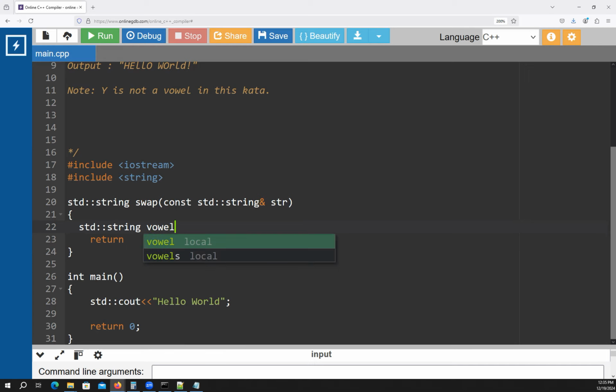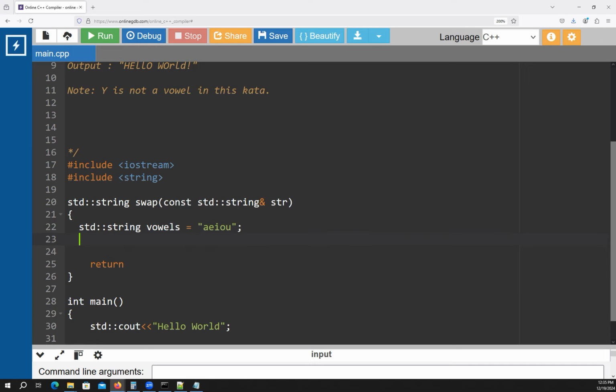So I'll do my A, E, I, O, U, no Y's. If a letter's already capitalized, I'm not going to need to capitalize it, so I don't even need to check for capital vowels. I'm also going to need a destination string to hold my modified string data,